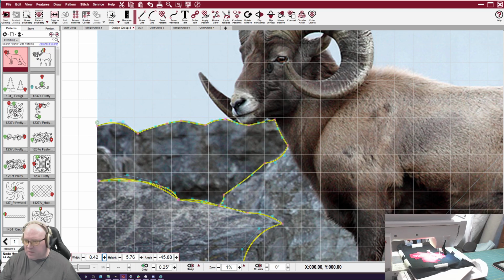Just remember, when you get back into the shape of the animal, you have to go back into your rounded shapes. And now we're out again, but we want some